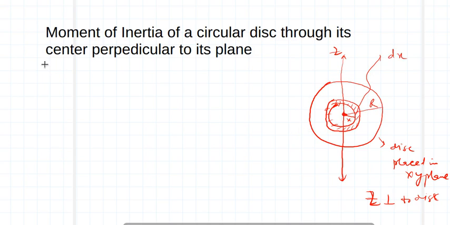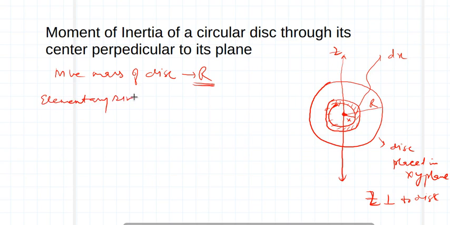So let m be the mass of the disk having radius r. So if I consider an elementary ring whose radius is x and width is dx, then